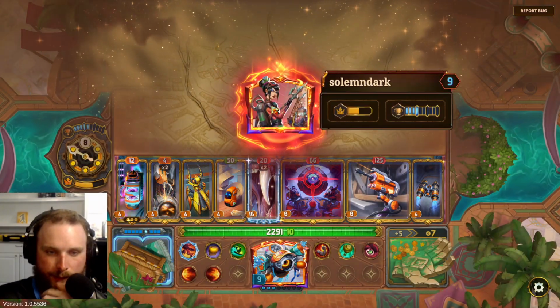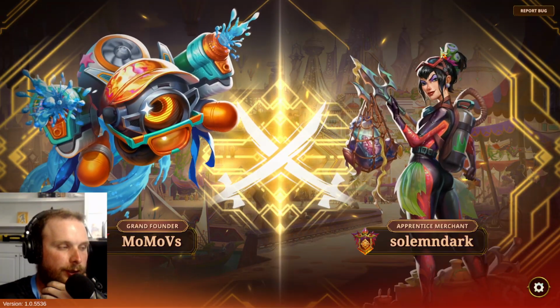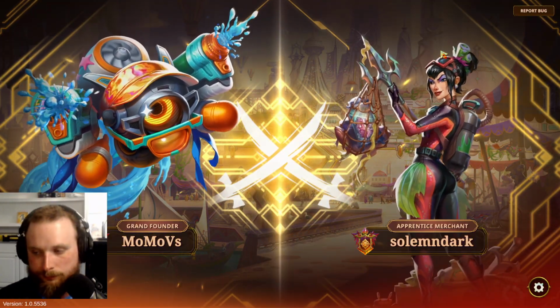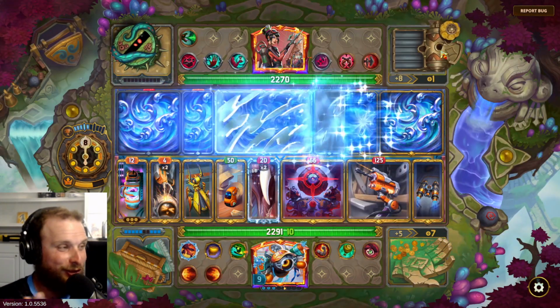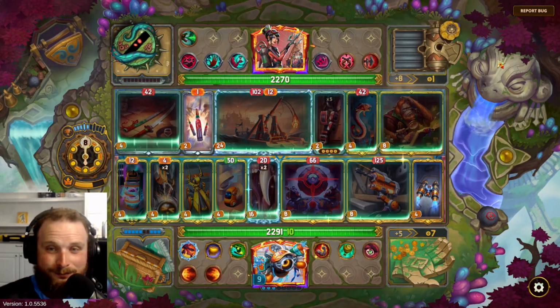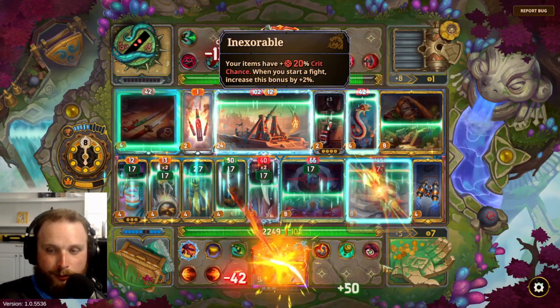Alright. I kind of like the haste a little bit better here, I think. It's better for power drill for sure. And that is our main carry, and then Shiny Fangs is there because we just get those apparently. It's getting 20% crit from